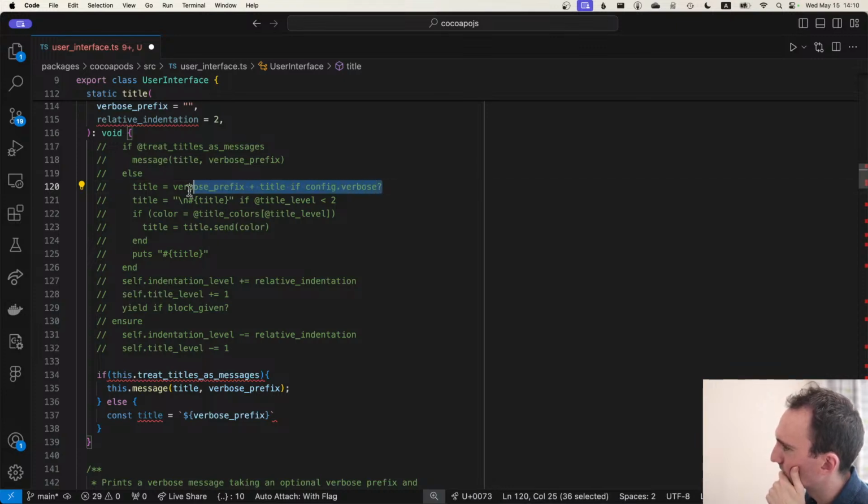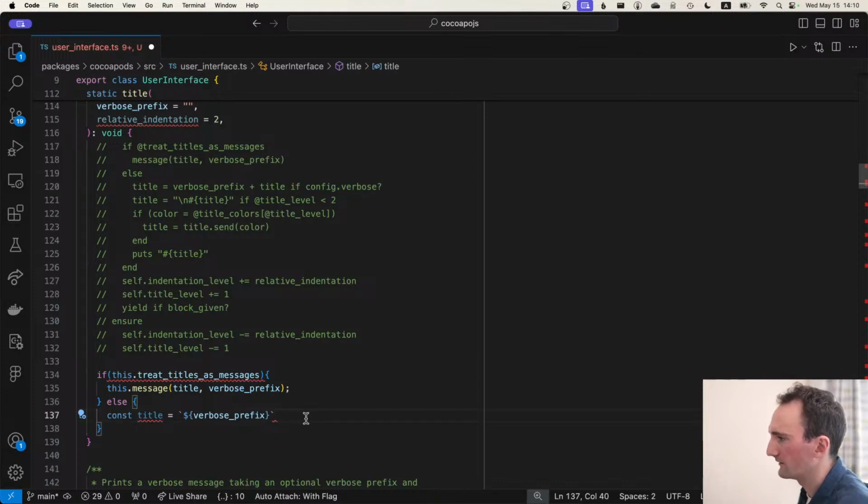There's a question. Does this apply to the whole line or just that bit? I think it probably applies to the whole line. Any ideas? Has anyone seen this in Ruby before? Is this going to apply to the whole line or just that final operation of adding the title? I think it's more likely that